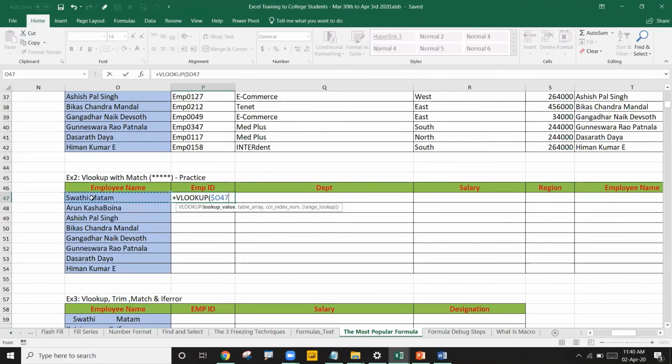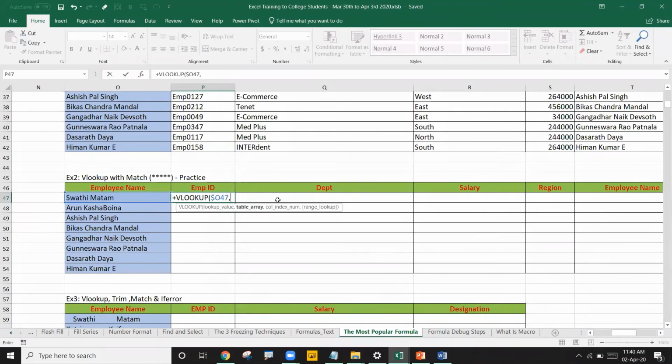Required freezing in this case: the column needs to be frozen, right? When I keep on pressing F4, by default it will be like this. When I press F4 the first time, it completely locks row and column. The second time, the row is frozen but not the column. But we want the column locked, so I press F4 a third time. You see this dollar is frozen for the column but not the row. As the row is not frozen, once I drag it down, it will look for the other employees, correct?